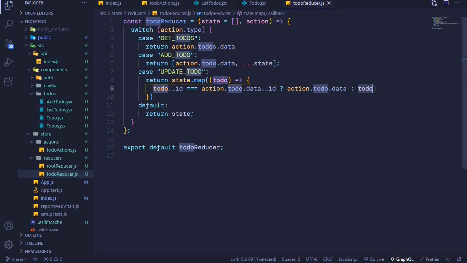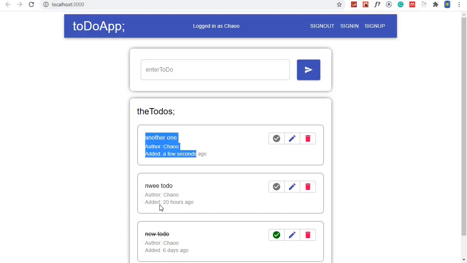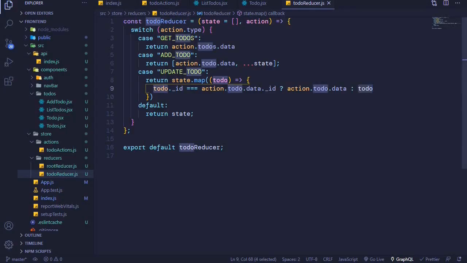Okay, so we won't change that todo, and then we will check the second one, maybe this one. Now maybe this one is the one that we actually updated, so we'll check its ID here, and we'll check if it's equal to the updated todo, and because it's the one that we have updated, the ID will be the same. So we will update that todo by replacing this old todo with this new data. Okay, and this one will be ignored. So we will replace that specific todo, and then the rest of the todos will remain the same. And this is what is happening in this line, and hopefully you have understood what I have said. Okay,